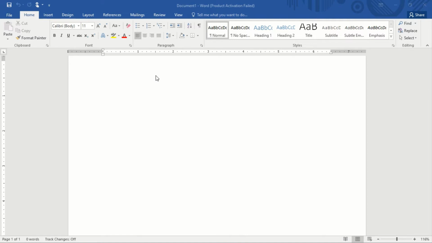Next, this area, this strip, where all the options are available, is called the ribbon. Ribbon displays the group of related commands in tabs. Each tab offers shortcut buttons to common tasks. These are the groups on the ribbon. Clipboard is a group. Font is a group. It has related options like font style, font size, font color, background color, bold, italic, underline.